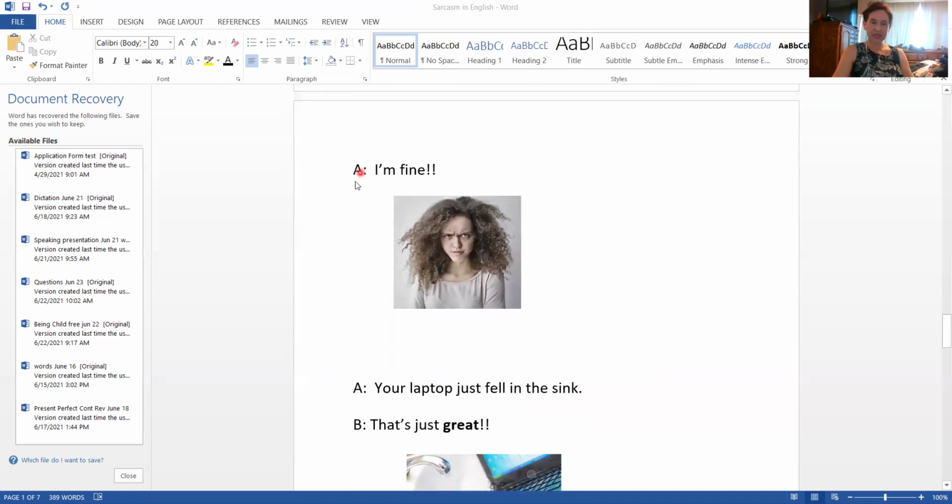This one is extremely common, and many people for whom English is not a first language may miss this one. "I'm fine." So fine typically means good, well. "How are you?" "I'm fine, thank you." However, we tend to use it in a sarcastic way. So if we're not fine, if somebody has made us angry, we don't like something that someone has done to us,